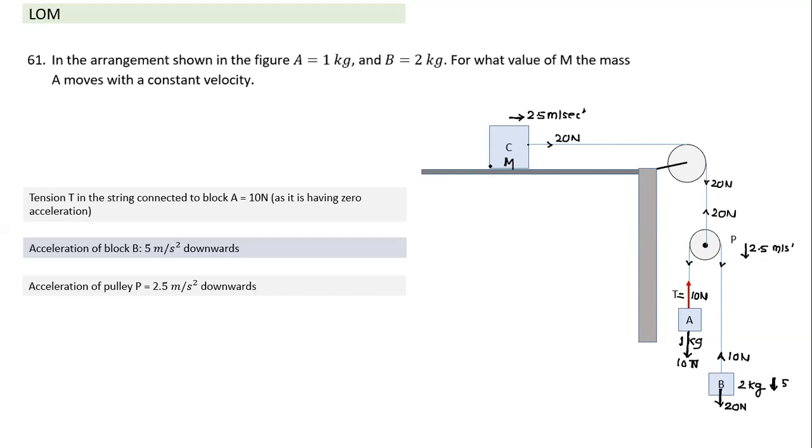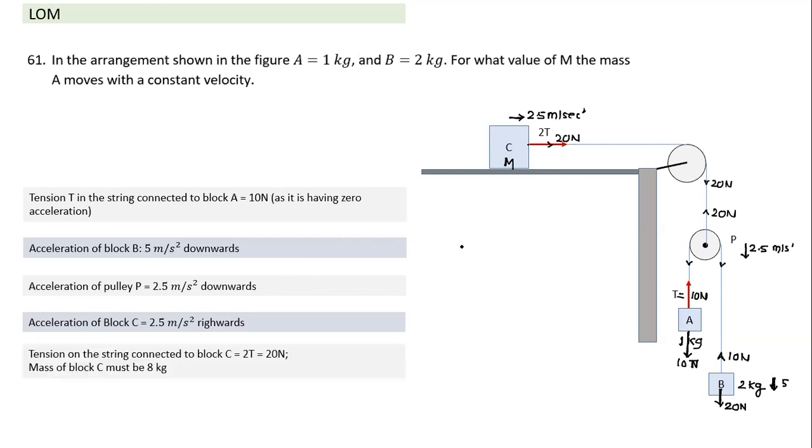Now I come to this block. Since we have to find this mass, naturally we have to use this block as a system, then only can we find the mass. So if we already have force and acceleration, we need to find mass, which is fairly simple. Acceleration of block C is 2.5, force is 20. So what has to be the mass? The mass of the block has to be 8 kg. F is equal to ma. We find the mass of block C is 8 kg.